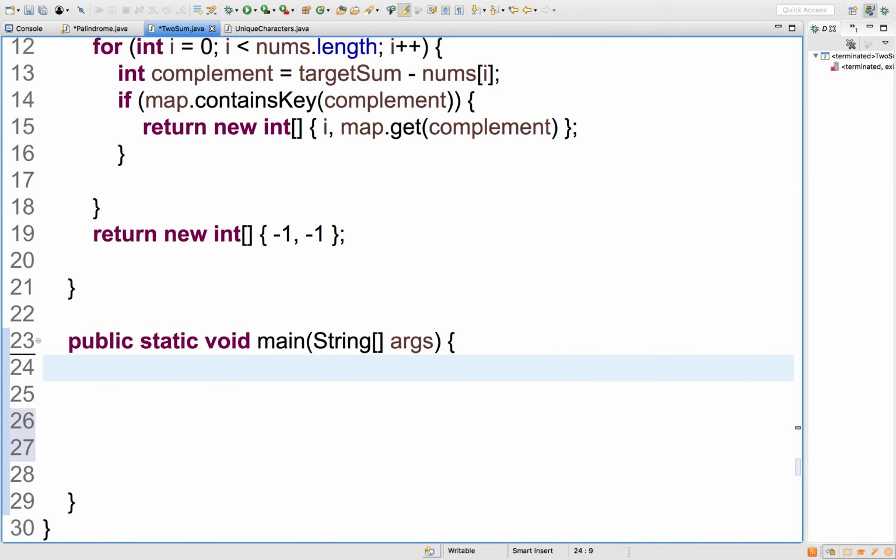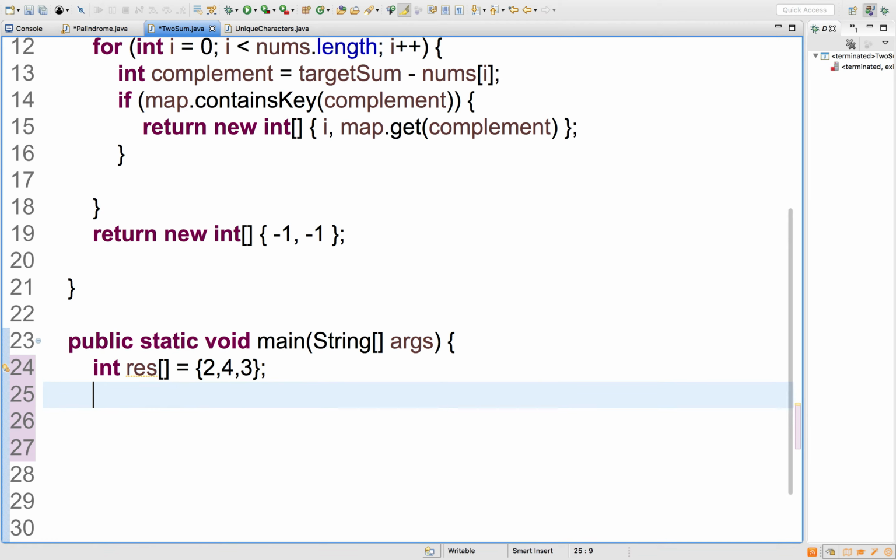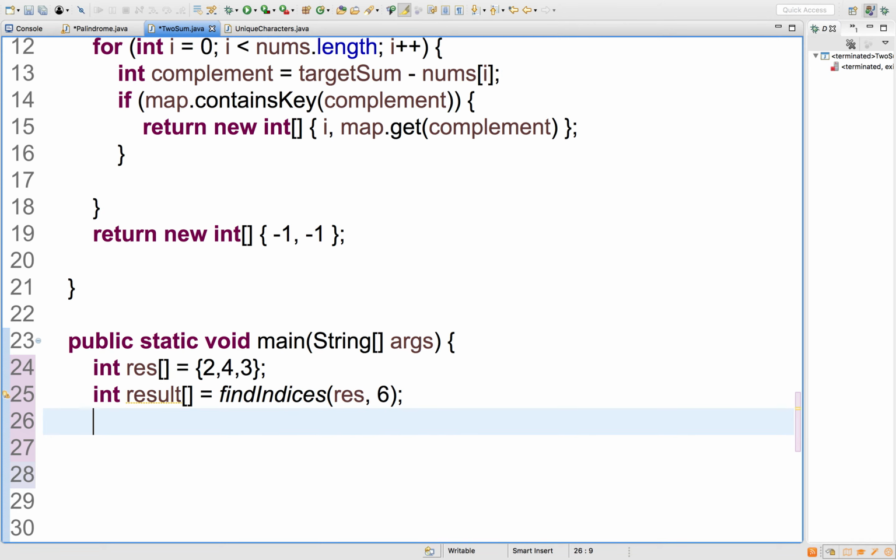Okay, now let's try calling this method. Let's take any array and pass this as an input parameter. Let's say the target is 6. Now let's print the output.